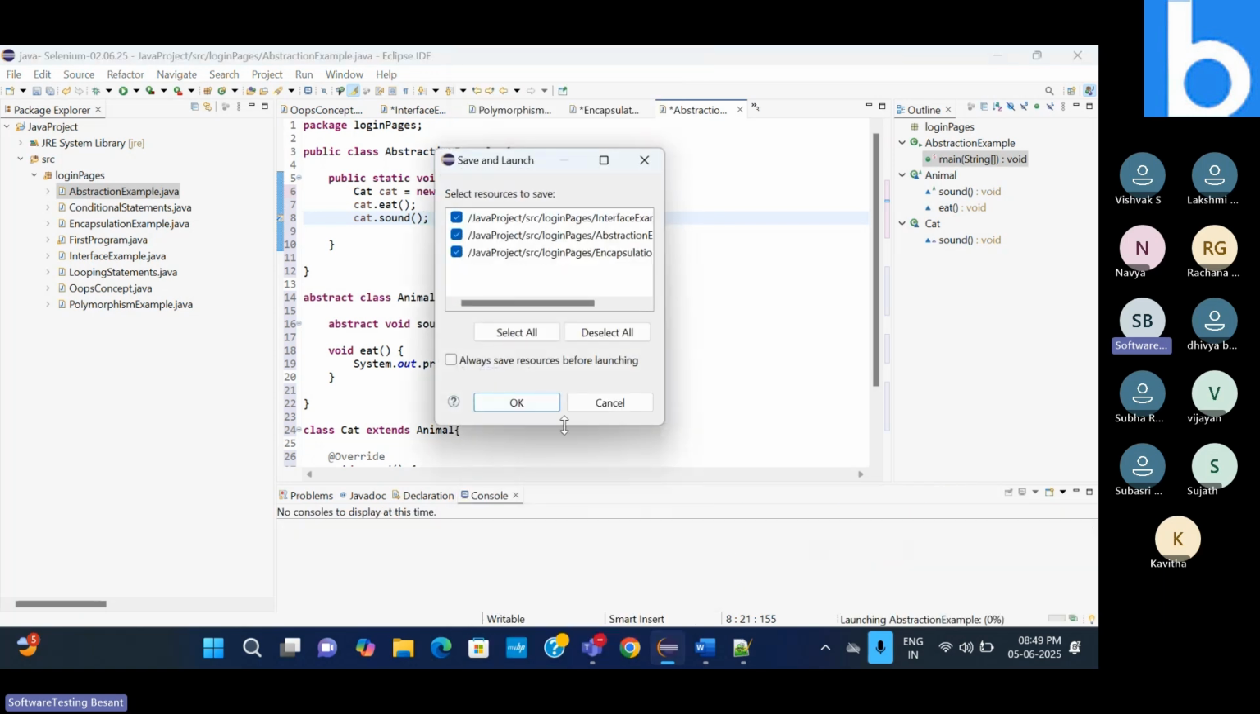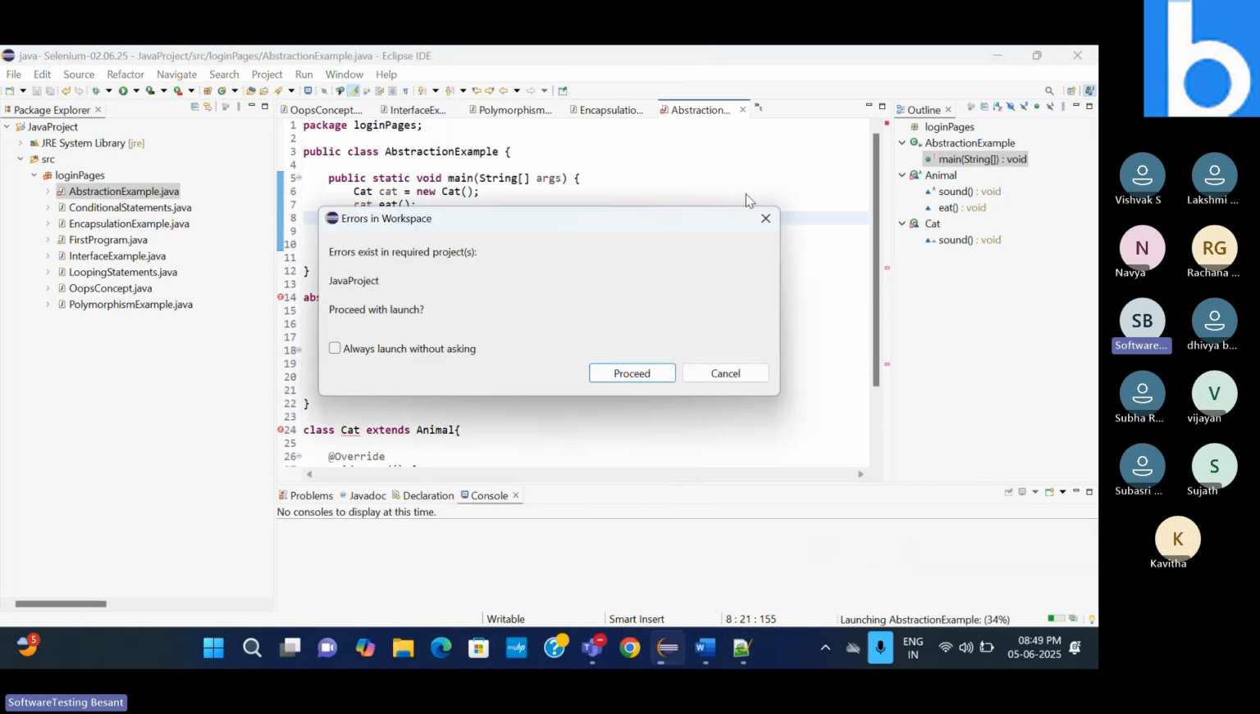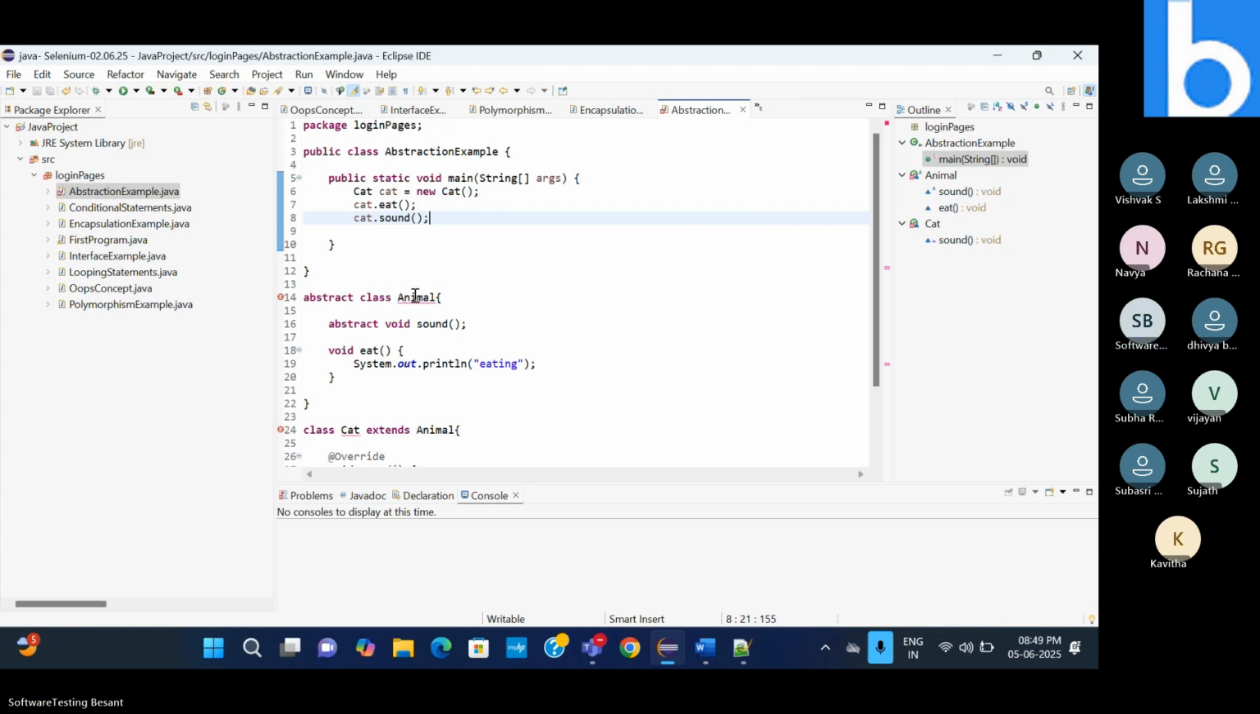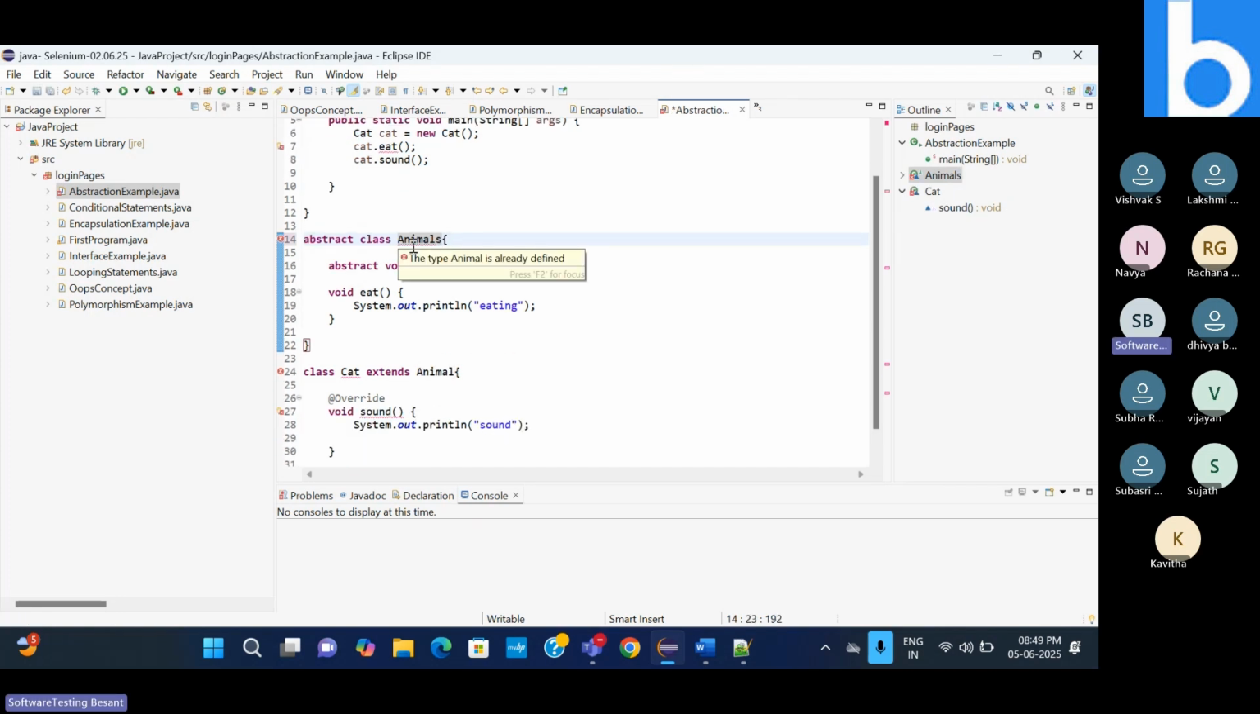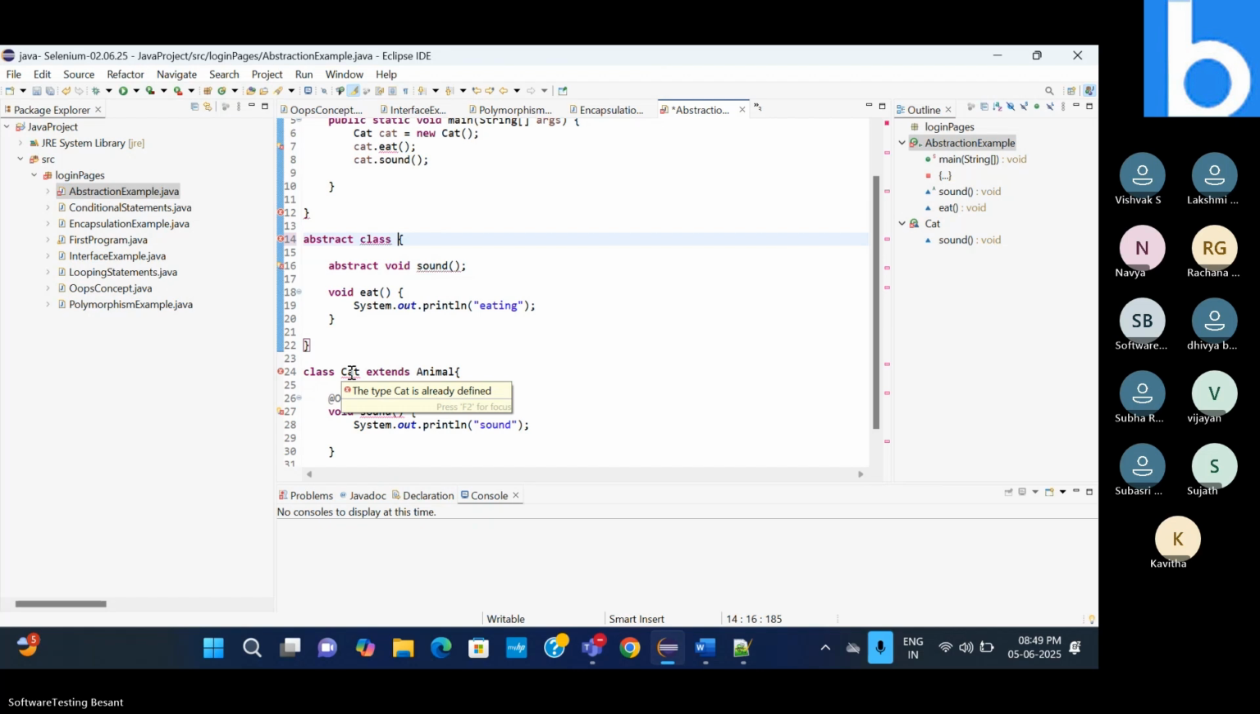And when you run it, you will see there is some error. Okay, it is already defined. Let's name it as animals. This is also already defined. Let's name it as some other. All these are already implemented. Let's name it as